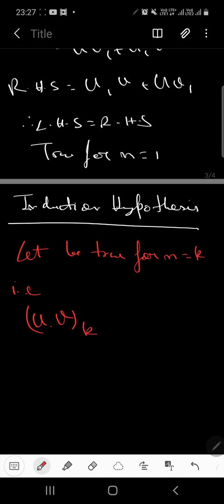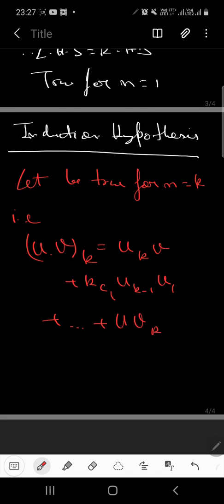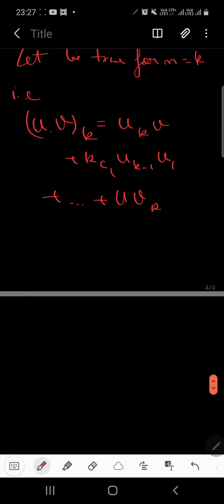Let it be true for n equals k, that is the kth derivative of u times v equals u_k v plus kC1 u_{k-1} v_1 up till u v_k. Okay, now